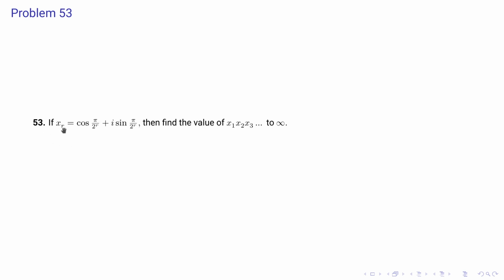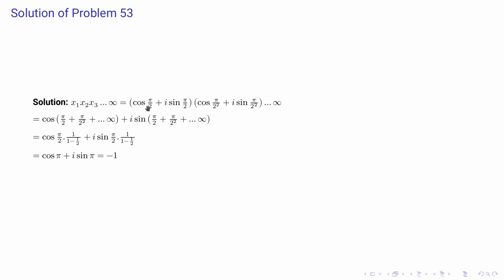Problem 53 says that if x_r is equal to cos (pi by 2) to the power r plus i sin (pi by 2) to the power r, then find the value of x1 x2 x3 up to infinity. So from complex numbers, you know that cos theta plus i sin theta can be represented as e to the power i theta. So suppose there are many such complex numbers and the powers are theta 1, theta 2, theta 3 and so on, then the product will be e to the power i into theta 1 plus theta 2 plus theta 3 and so on. And thus we can say that the product on left hand side will be equal to